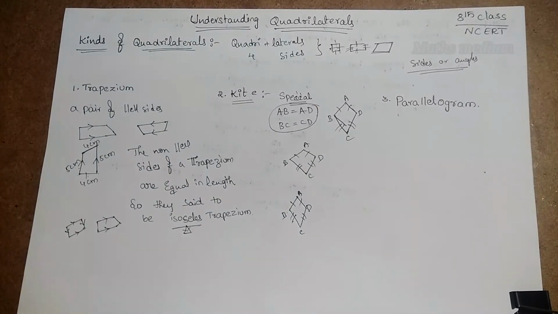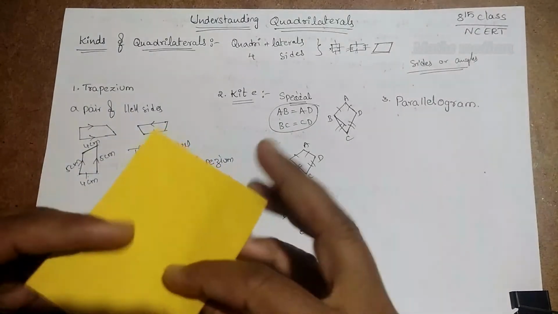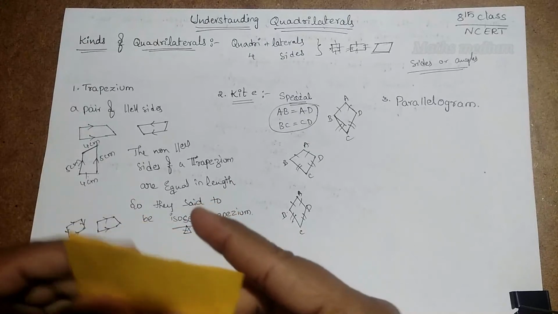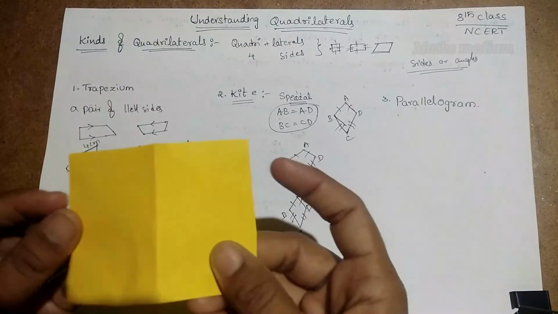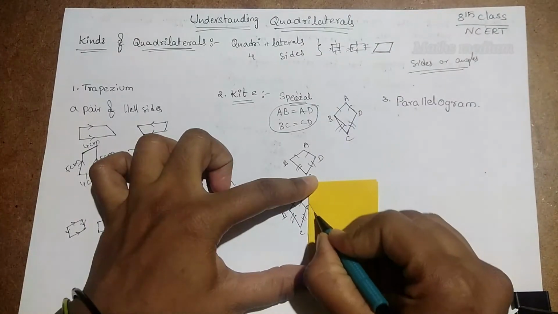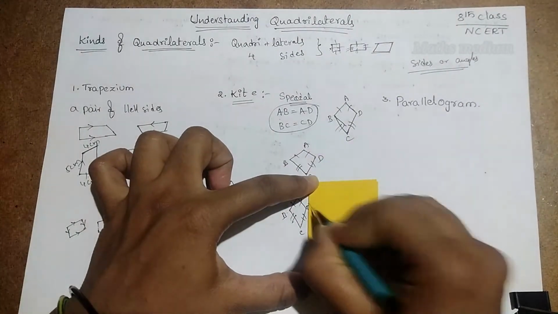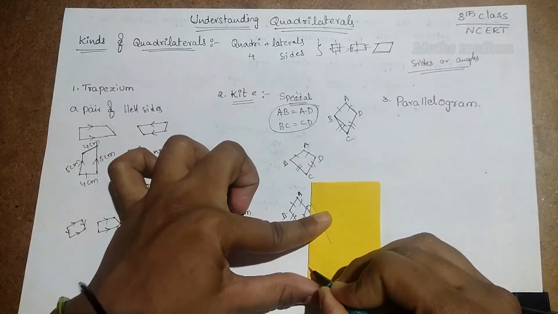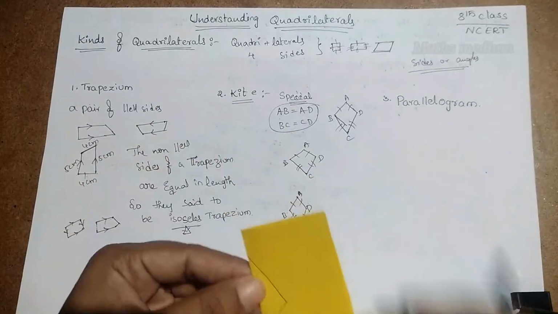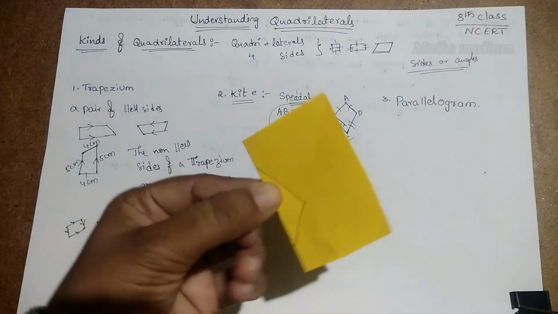I would like to introduce you to a kite with a small activity, then you will get a better understanding of the kite. So let's take a paper, then fold it like this, in half. So if you get it like this, right? So fold the paper. If you draw a shape like a kite, like this, and cut this shape,